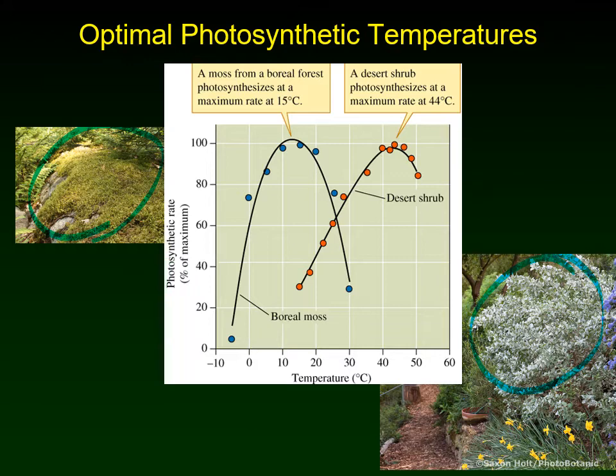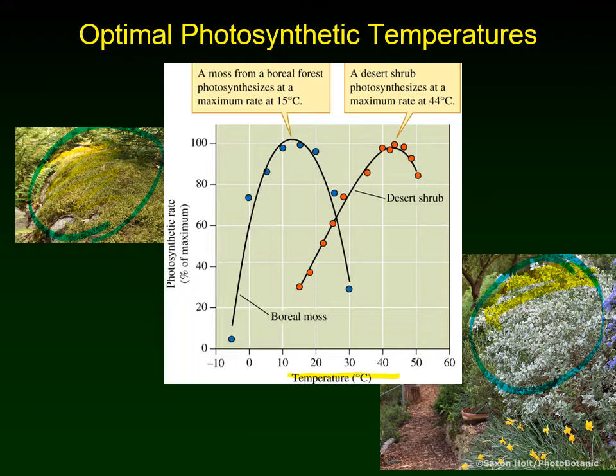So on the x-axis, we have the temperature, which is in degrees Celsius. That's the independent variable, going from very low temperatures to high temperatures. And then on the y-axis, we have the photosynthetic rate. And instead of giving you the actual rate, maybe of CO2 intake or something like that, it's doing it as a percentage of their maximum, because obviously this desert shrub that is out here in the sunlight in the middle of the desert has a much higher photosynthetic rate than the moss, which is sitting in the shade in the forest. So they want you to be able to compare the shapes of these two graphs and where their